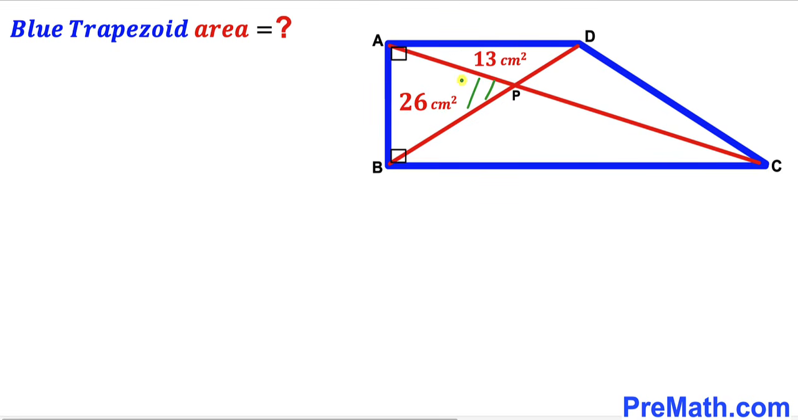and as a result we end up with these two triangles, this triangle ABP and this other triangle APD. Furthermore, the area of this triangle APB is 26 centimeter square, whereas the area of this other triangle APD is 13 centimeter square. And now our task is to calculate the area of this whole blue trapezoid